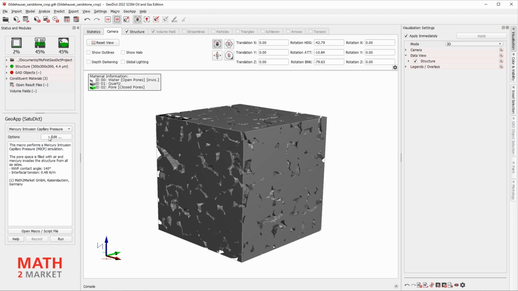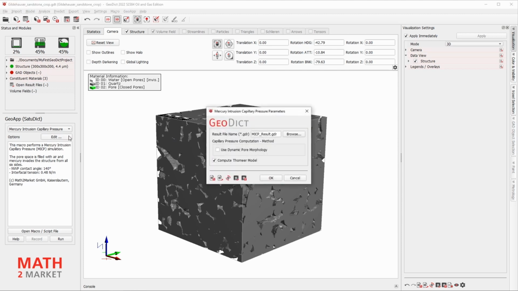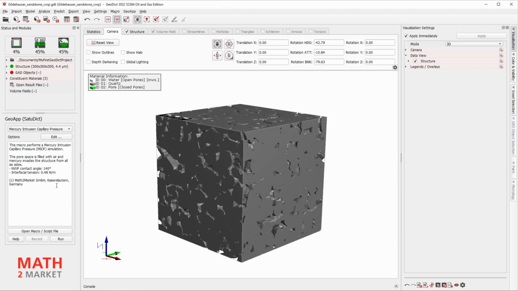To edit the options, click Edit. In GeoDict 2022, you are also enabled to compute the Tomer model. The Tomer model accounts for the hidden porosity in your dataset. Run the simulation by clicking Run.